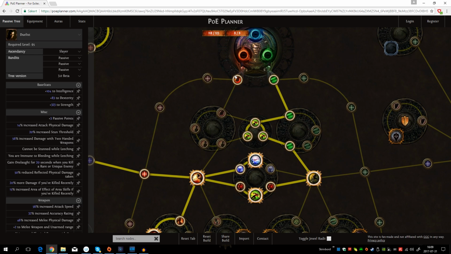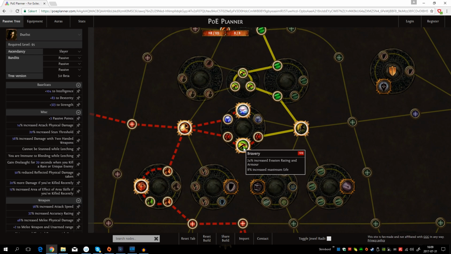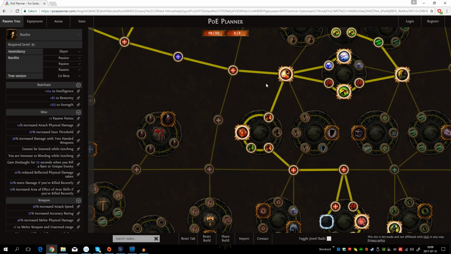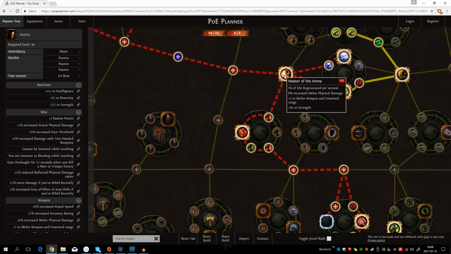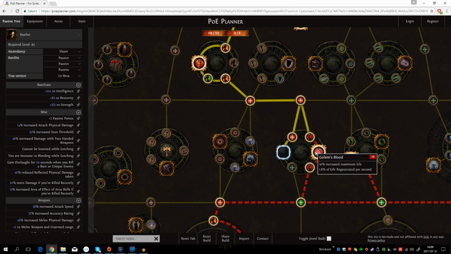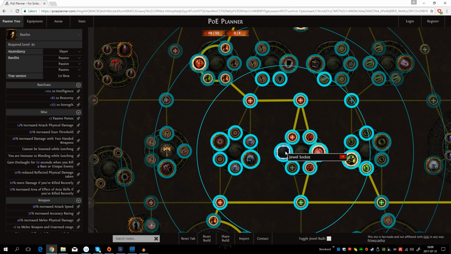My idea is to start by taking the physical attack damage here in the beginning of the Duelist area. Take the attack speed and accuracy. We're going to go for evasion, armor and life. After Gladiator, Bravery. I'm going to have Mana Flows, probably. This may be something I'm going to change, I don't know yet. I'm going to take most of the Arena, which gives me some weapon range, which is really awesome, because I'm going to use Cyclone. I'm going to have Destroyer, Golem's Blood, and here in this Jewel socket I'm going to use